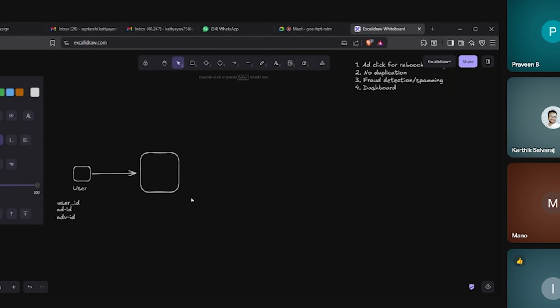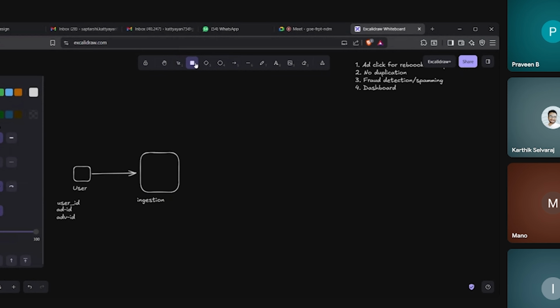So we'll have an ingestion service. It will accept all the incoming HTTP requests from the browser. Once it gets this information, it will create a click event containing the user ID, ad ID, and advertiser ID.